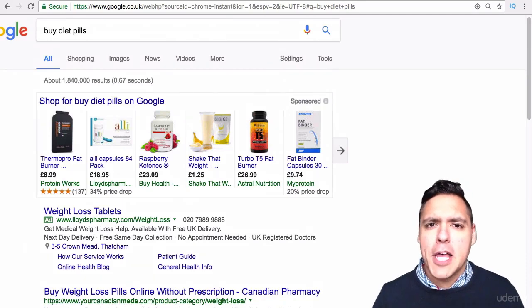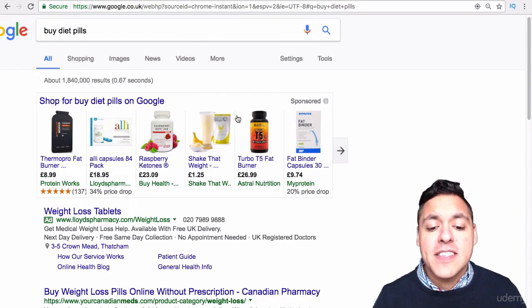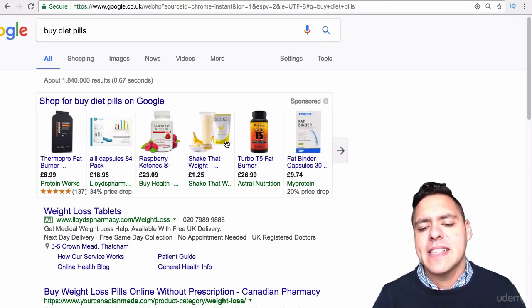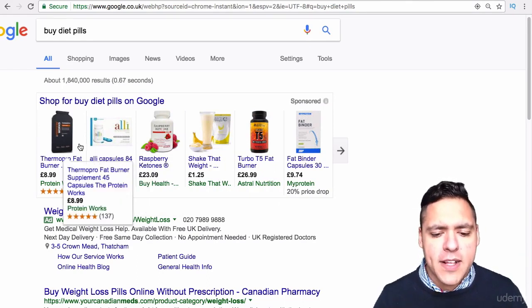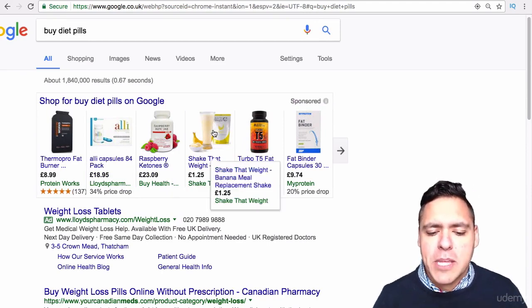If you were to put buy diet pills on the Google search engine, you will get firstly this selection of sponsored display ads. Okay, so these are people that have paid Google to show a picture of their product with the price, and basically clicking on one of these will take you straight away to the actual product. And you've got prices here. So, you know, if you are looking for something cheap, you'll probably go here.